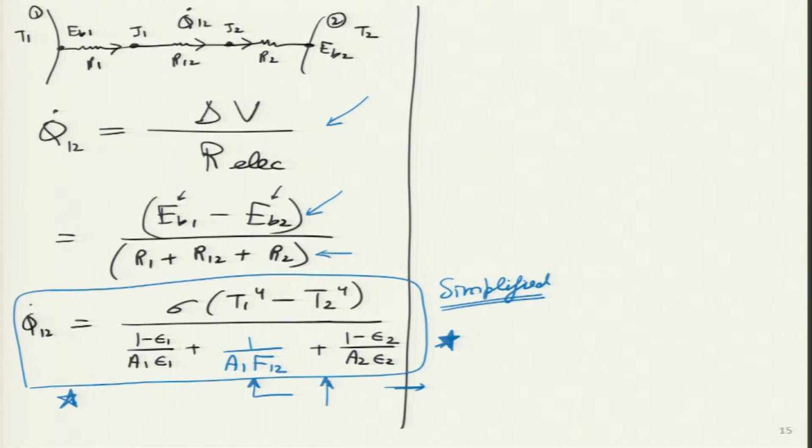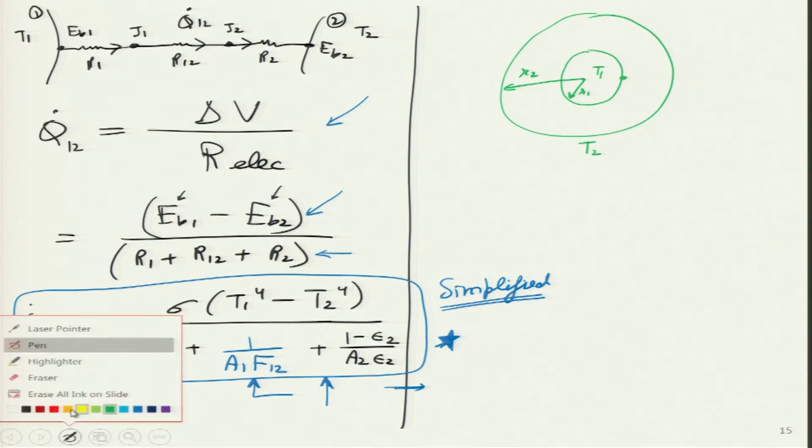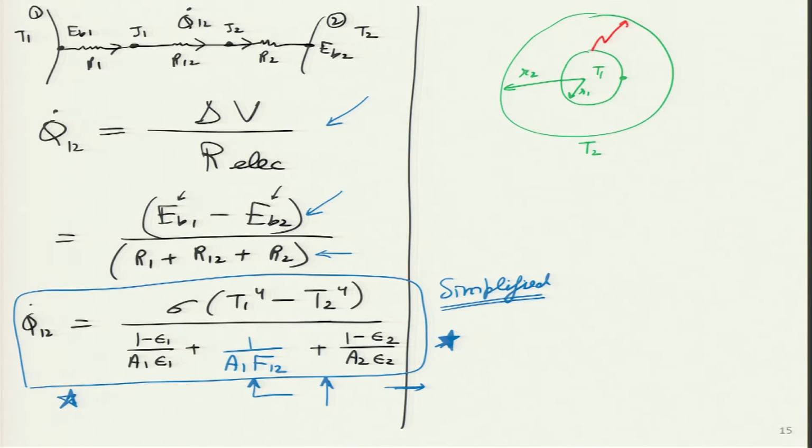How can I do that? Let me assume that this is our long pipe, a cross section of the long pipe. This is surface 1 over here, which is at temperature T1. This is surface 2, which is at temperature T2. Inner radius I am going to assume is R1, outer radius is R2. What I want to calculate is the net rate of heat transfer between these two surfaces, provided I know their emissivities as well. So, the inner emissivity is epsilon 1, the outer emissivity is epsilon 2.